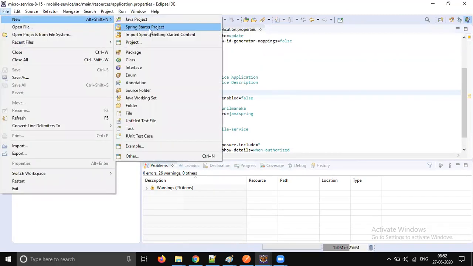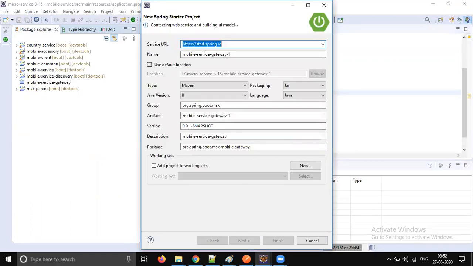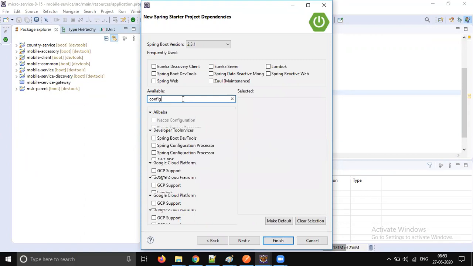Let's quickly create one config server. File, New, Spring Starter Project. Let's give the name mobile config server. Description also mobile config server, and here also mobile.config.server. Click next, and we need to add the config server dependency.